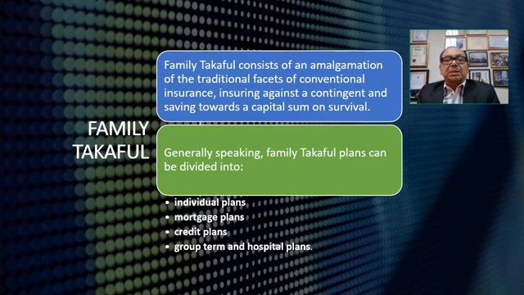So this mortgage plan, the insurance will cover to pay the balance of your father's installment. So your mother and you who stay in the house no need to pay anymore for the house. So this is also one part of family takaful, for housing usage. Just now the first one is for individual's own, in case of your accident or kind of thing. The other one is for your property. The mortgage plan here is for property. Then credit plans.